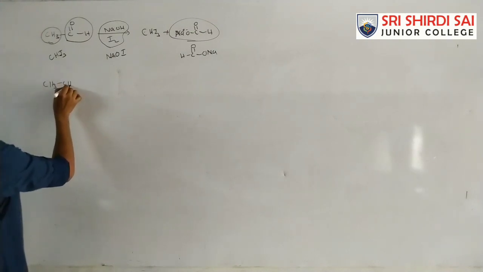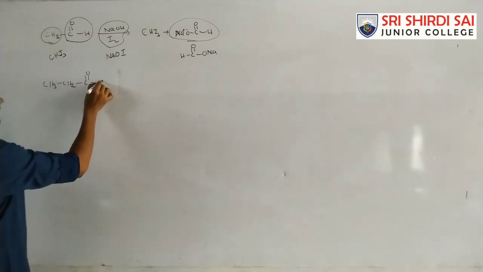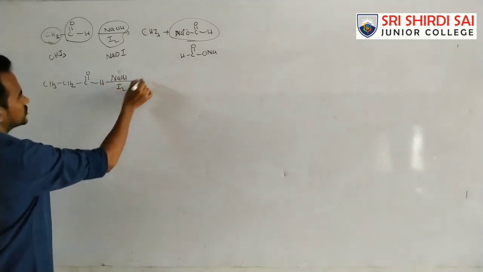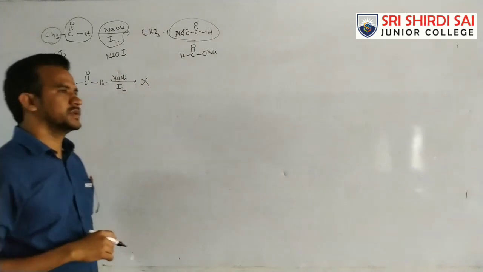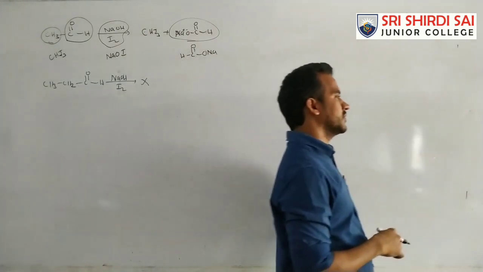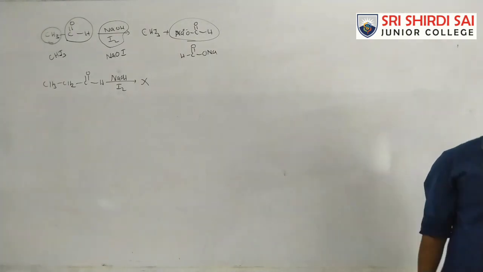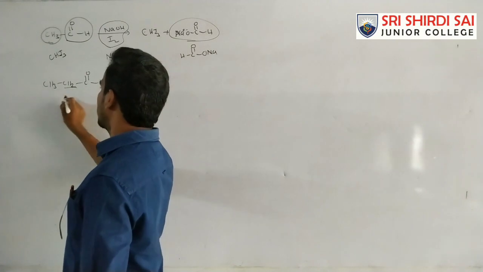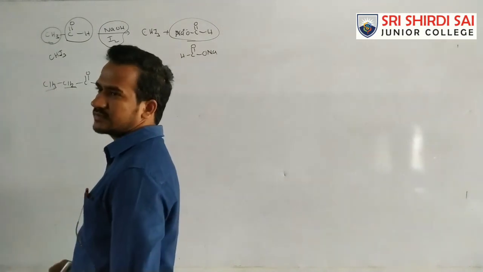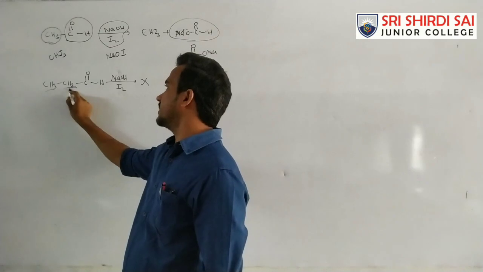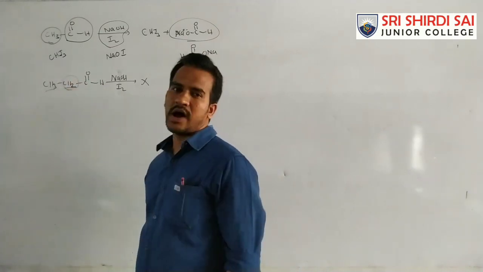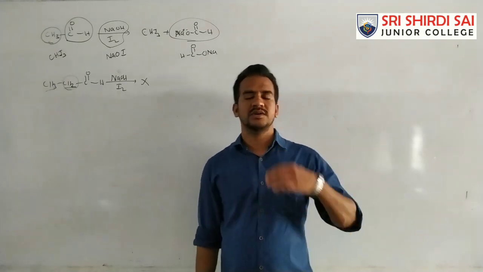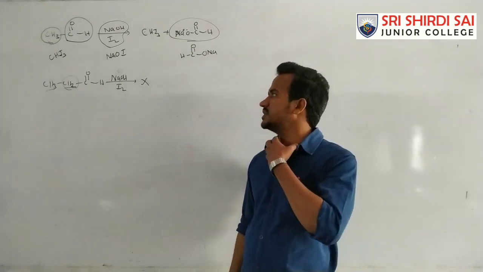Sodium formate. So acetaldehyde can give the haloform reaction. Suppose propanal, on treating with NaOH and I2, there is no formation of iodoform because there are no 3 alpha hydrogens. How many alpha hydrogens here? Only 2 alpha hydrogens. The 3 hydrogens are beta hydrogens. Only the alpha hydrogens are replaced by iodine, and here only 2 hydrogens are present, not 3. That's why there is no formation of iodoform.